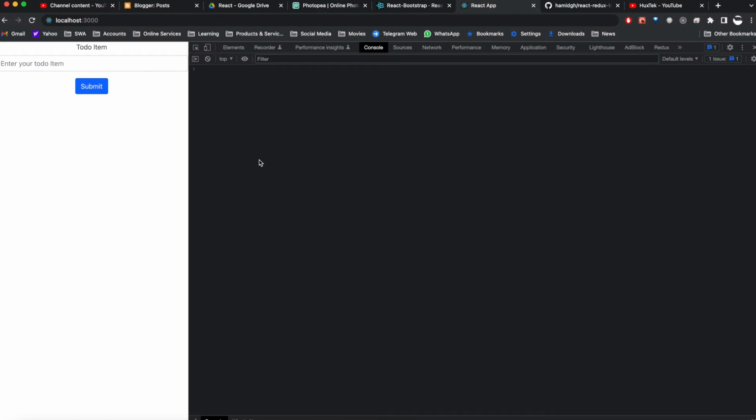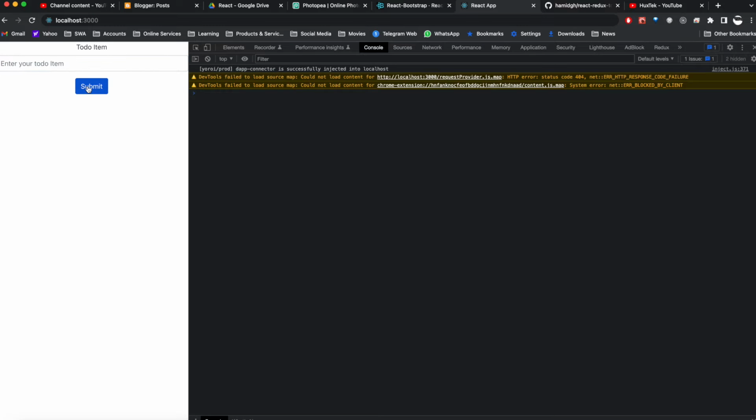Let's run it. Okay, I ran npm start, and that is what you see when you run the application. So we'll have a label, a field, and a button. Currently, if you type something here, you will not see anything in the console tab, but we will add it later. But if you click on the submit button, if you notice, so let me remove this. It will refresh the page. So we want to prevent this